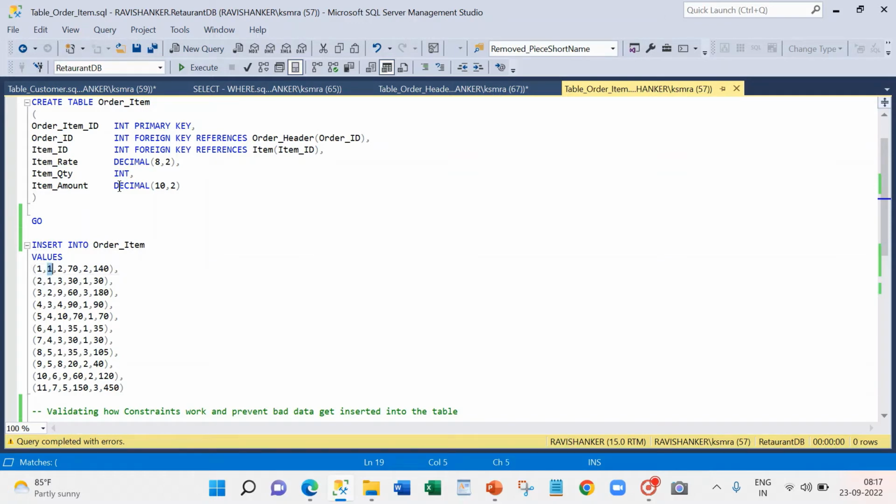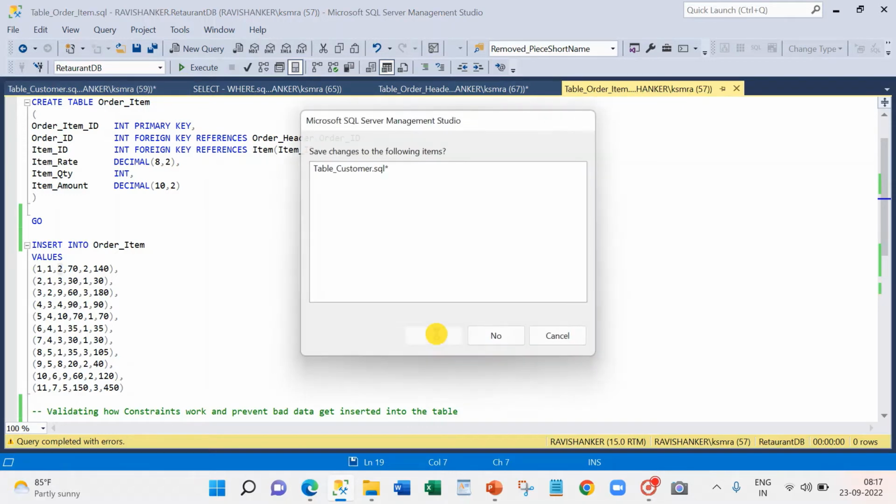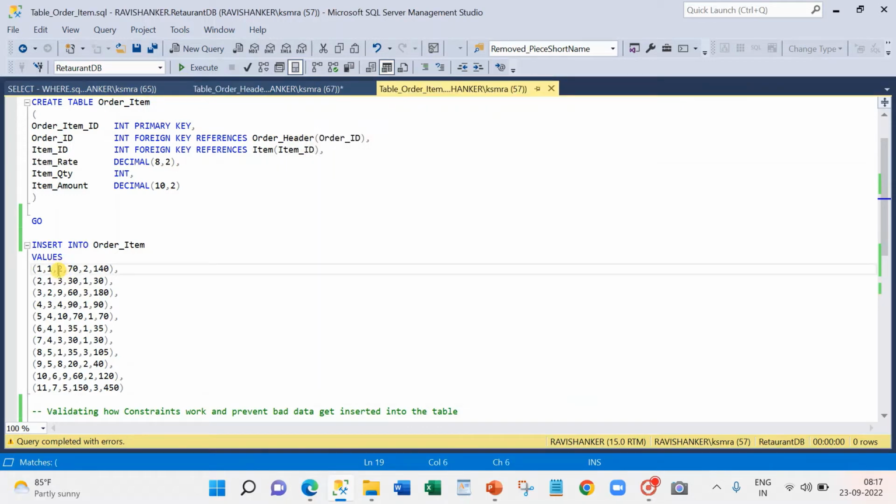The item ID is 1, and this is a menu item ID. So what is the corresponding menu item? 2 means I think dosa. So he has ordered dosa for 70 rupees, and he ordered 2 dosa. So totally 140 rupees. Okay, and for the second order, the first item